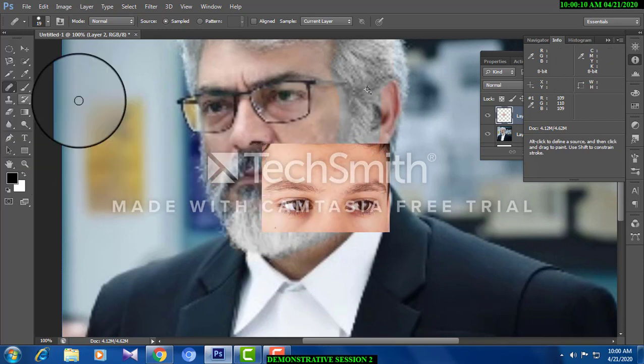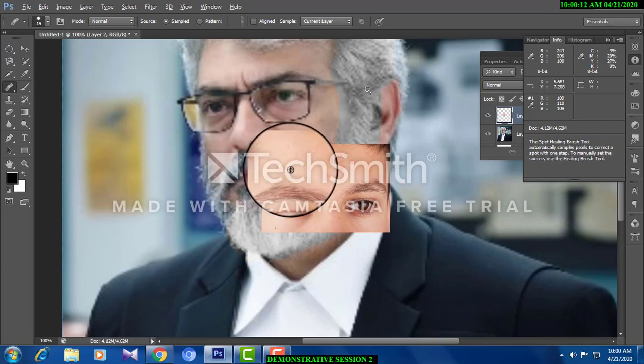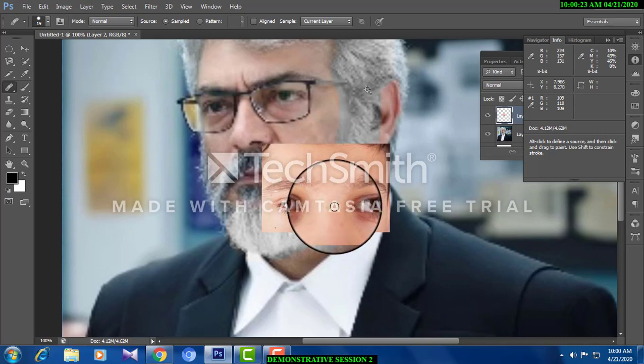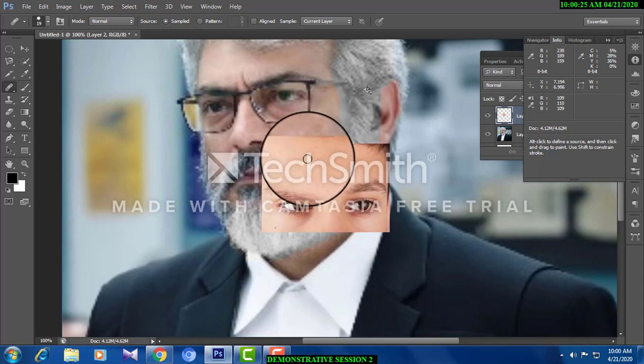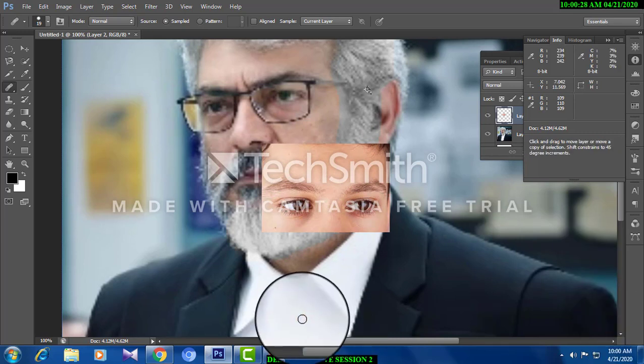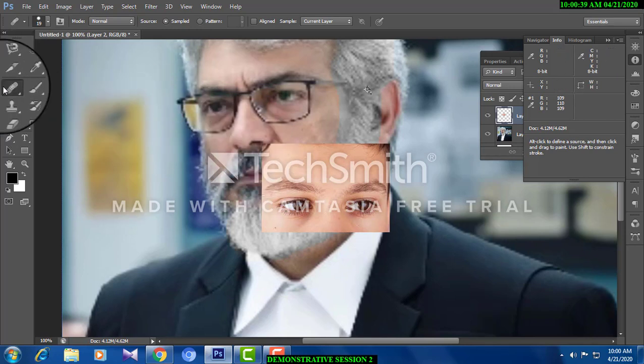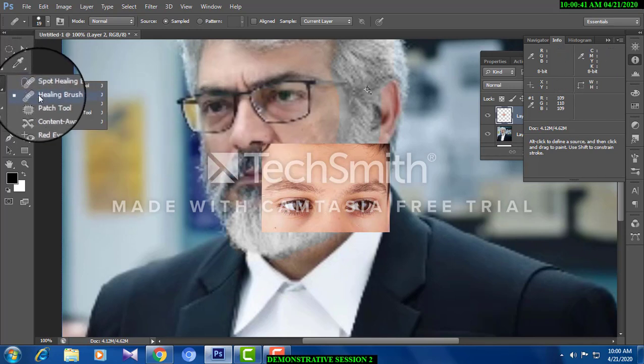If you want to remove the pimples, just select a particular portion by pressing the Alt key. See, the pimples are removed. Completely removed. The girl earlier was looking like this. Now she is looking like this. After removing, look here.